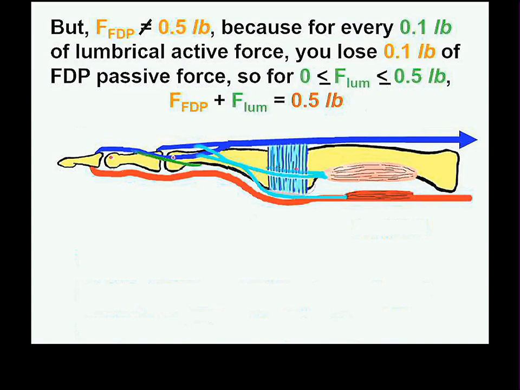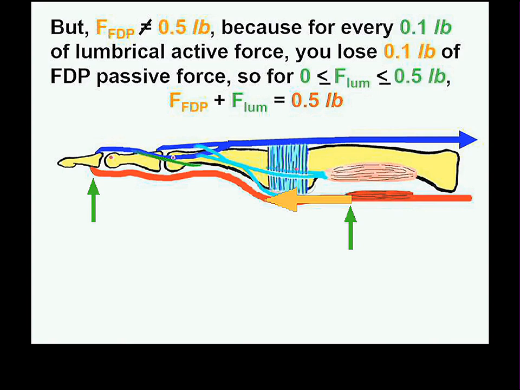When the lumbrical contracts, it pulls on its origin, which is on the tendon of flexor digitorum profundus. And when it pulls on its origin, it slackens the part of flexor digitorum profundus distal to it. It's like if you had a rubber band here and you grabbed this end of the rubber band and pulled it that way, that part of the rubber band between this point of attachment and that point of attachment would